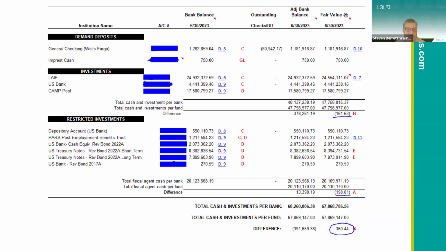If you look at this entity, they've got $67 million. And we were able to tie out everything and get it reconciled down to $360, which is much less than what our normal materiality would be. And this is a difference we can live with. We're okay with this. But with cash, if we've got larger differences, your auditors, even though they might not be